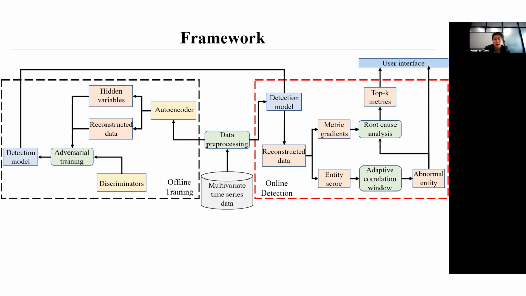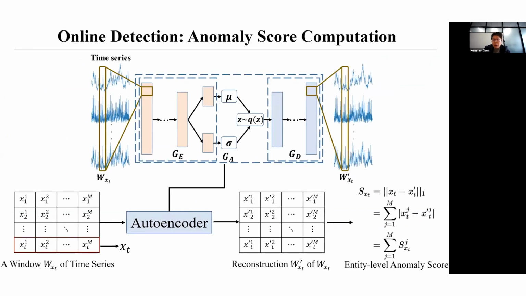Next, we present the online detection module. The online detection module consists of anomaly score computation, threshold selection, and anomaly interpretation. After the training process, we can use the DMIN model to determine whether a new entity is anomalous or not. Since the historical entities are beneficial to understand the pattern of an entity, we take the sequence as the input to reconstruct the entity, and the reconstruction error is used to compute the anomaly score of the entity.